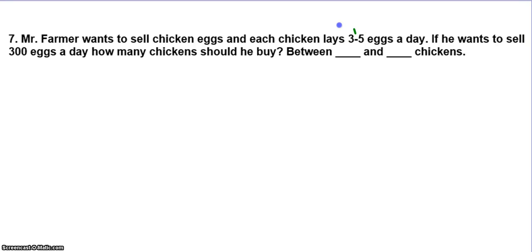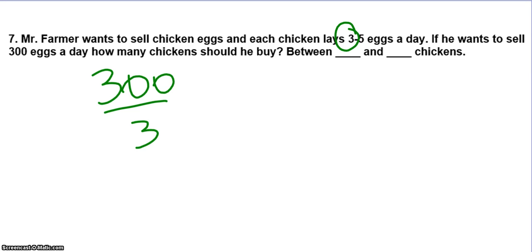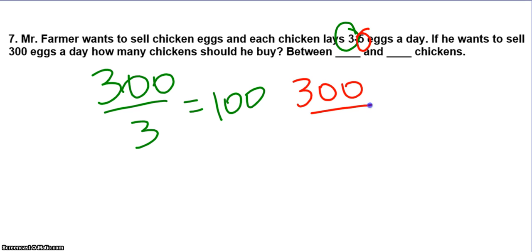So for starters, the lowest amount that they can lay is 3. So if I want to sell 300 and I only have chickens that lay 3 eggs a day, I do 300 divided by 3, that equals 100. Now the maximum they can lay is 5. So say they always lay 5 eggs a day, my bad. I have 300 divided by 5, which is equal to 60. So that means he wants to buy between 60 and 100 chickens,